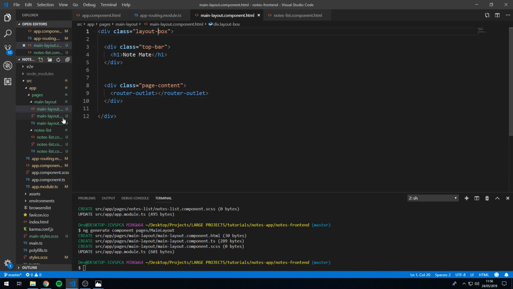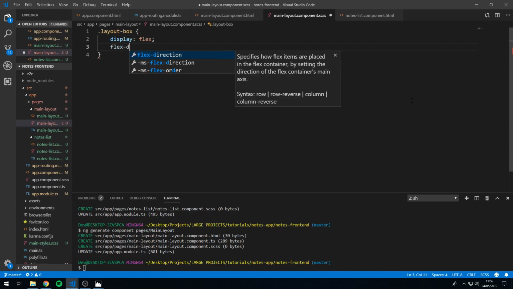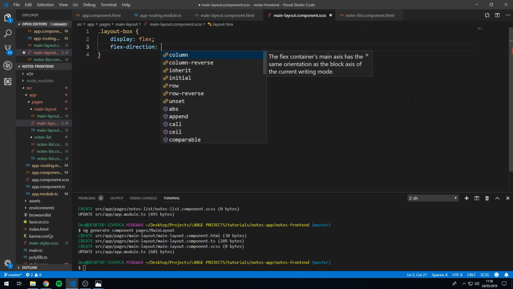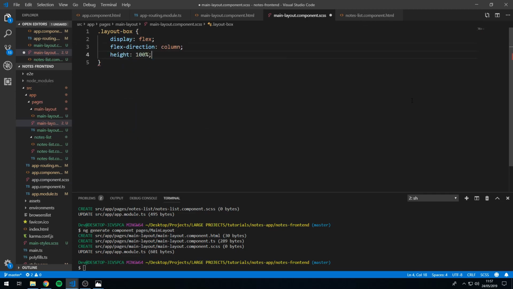So let's go to the main layout.component.scss, and this is where we will write the styles for that component. So the first thing we want to do is create the layout box class. Let's set this to display flex so that we will be using flexbox for the layout, and let's set the flex direction to column, and then set the height to 100%. Okay, good. We will also set the overflow to hidden,